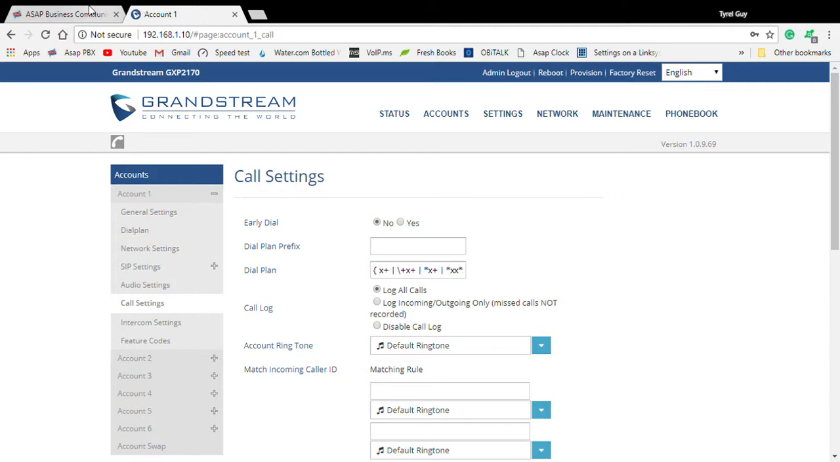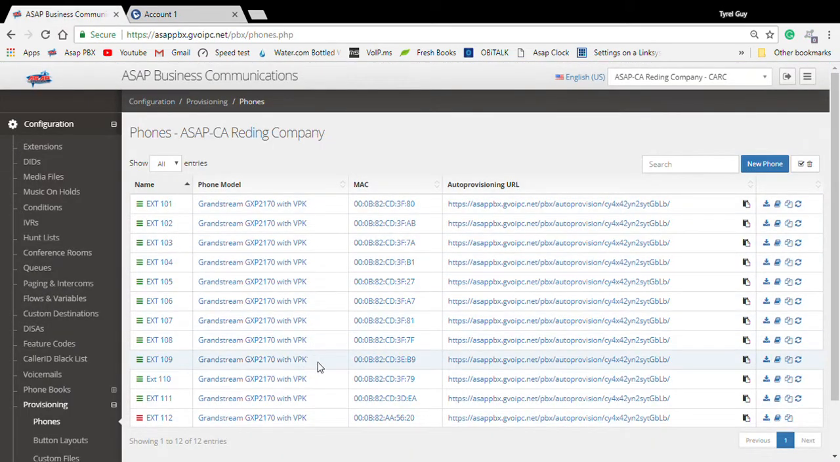So we'll go back into the PBX. We're looking at our provisioning screen. You can see your extension 112. You can see the correct MAC address. And over to the right of the MAC address, you see an auto provisioning URL. So you'll copy this from the right side, that first slash, all the way to the A in ASAP, the first A. That means you will exclude this HTTPS://